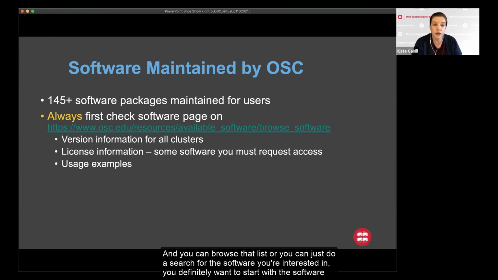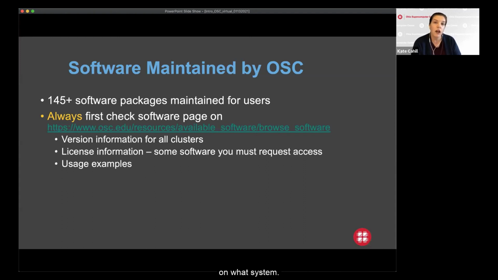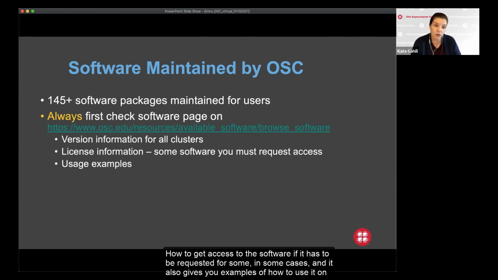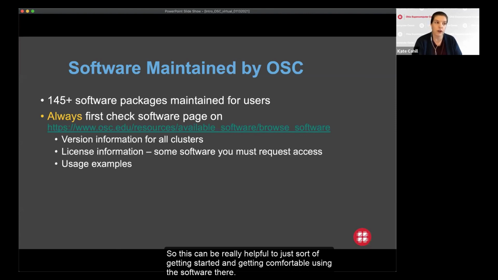You definitely want to start with the software page of whatever software you want to use, because that will have the details about what versions are available on what system, and how to get access to the software if it has to be requested in some cases. It also gives you examples of how to use it on the different systems. This can be really helpful for getting started and getting comfortable using the software.